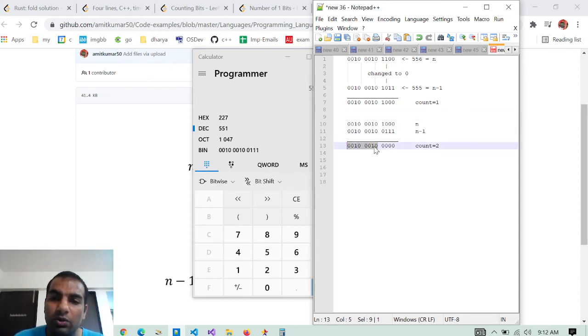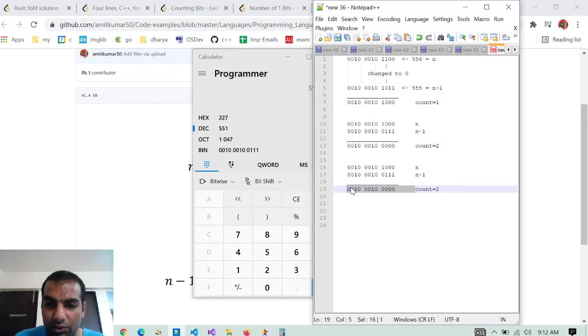Again we go to this least significant one and change it. We have this new number, this becomes n, this becomes n minus 1, and our count becomes 3 because our AND operation becomes this, right?